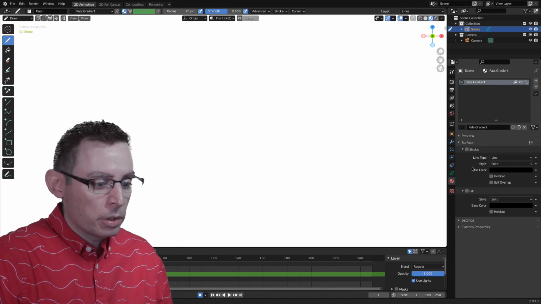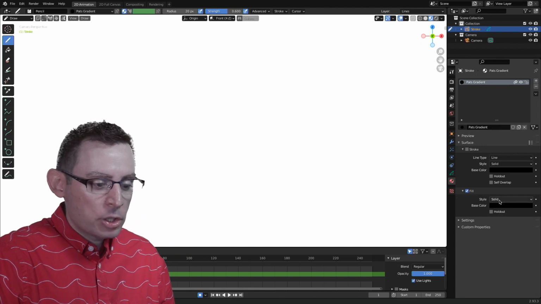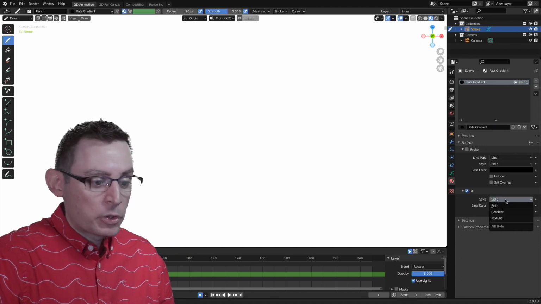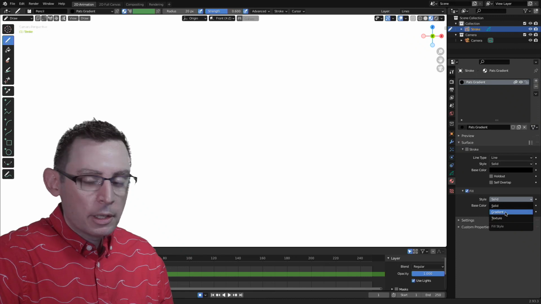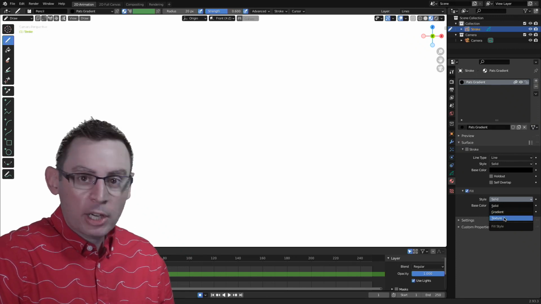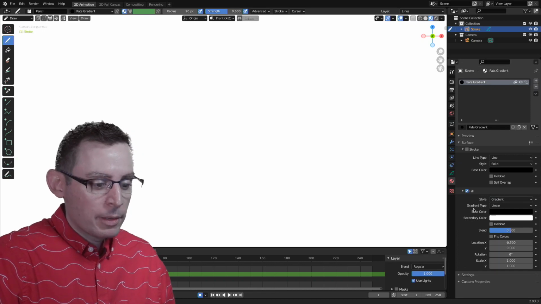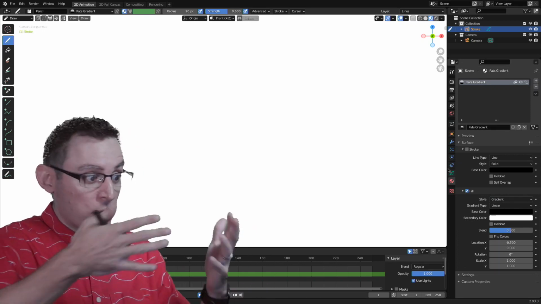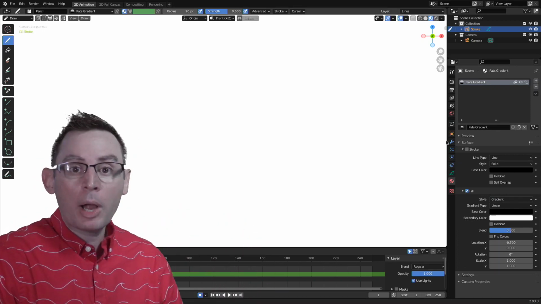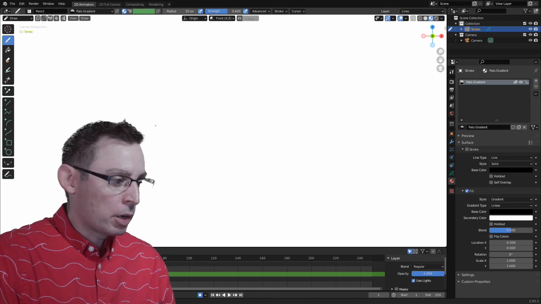We don't want a stroke. I want to use the fill options here, but I'm going to change the style from solid to gradient. We have one additional option here. It's texture. We'll talk about that much later in the course, but let's explore these little gradients. Now, before we go any further, let's actually create a shape so we can see how these properties are going to be affecting our material.